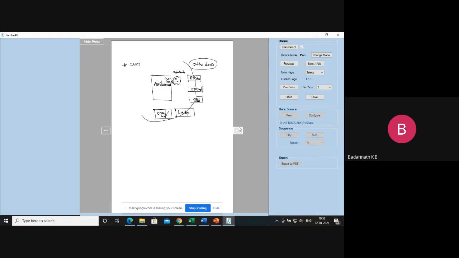UART means universal asynchronous receiver transmitter. That means you can use the TXD line to send data to another device. You can use the RXD line, the receive data line, to receive data from the other device, and this is with reference to ground. For example, I can use these three connections to establish a connection to a GSM module, or I can use them to connect to a GPS module.